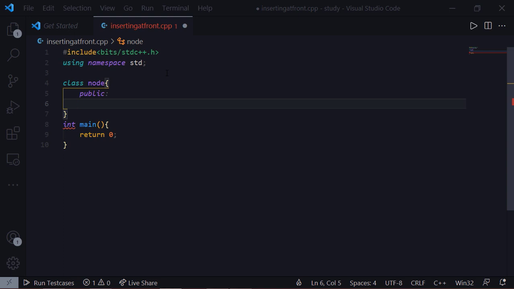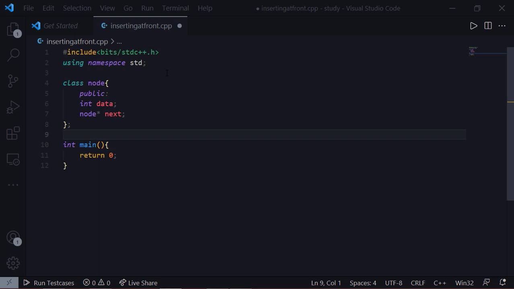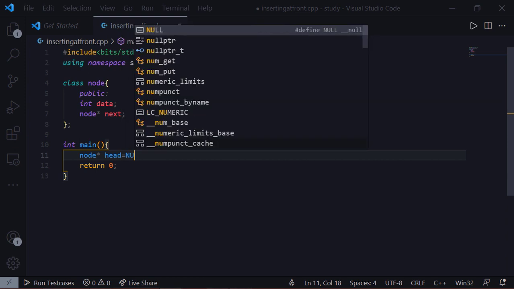And now I am creating the data members. The first one is the int data, which is going to store the data of the particular node of a linked list. And the second one is the next pointer, which contains the address of the next node. Our class is completed. So now I am creating the head node and initializing it as null.